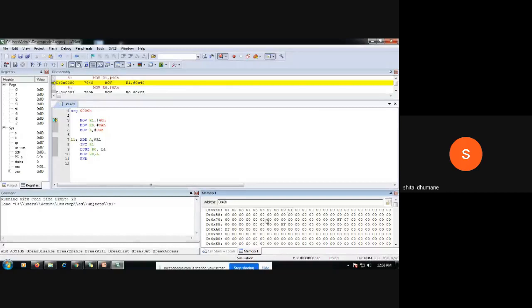So the 10 bytes I have stored at this memory location. Now we'll go execute this step by step.